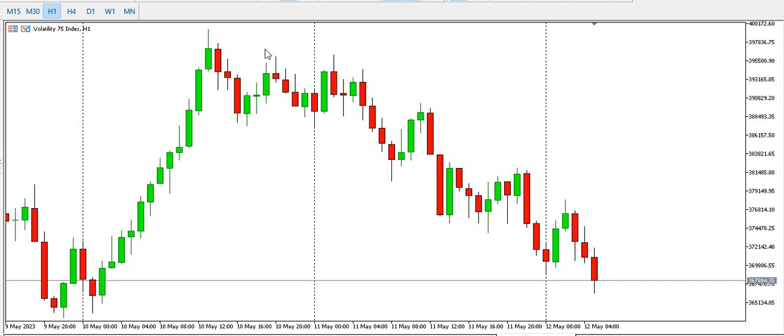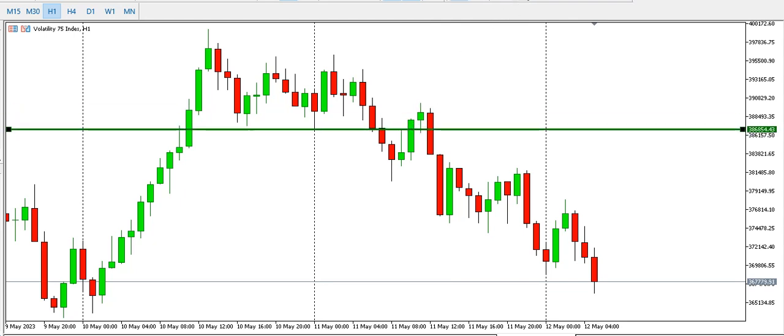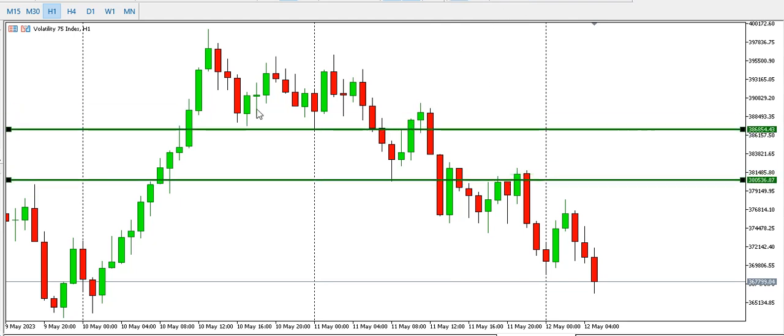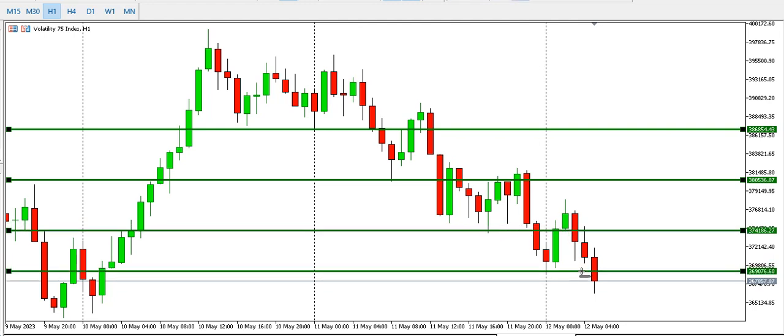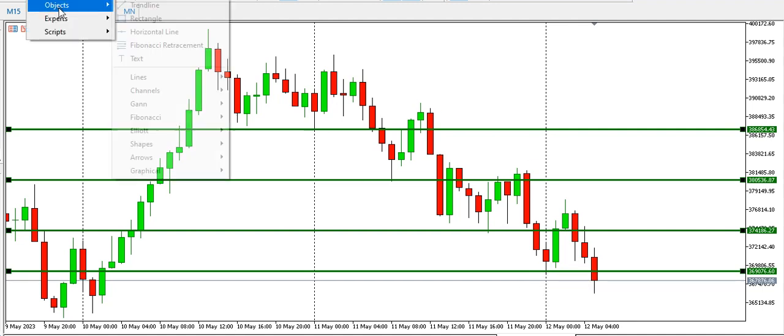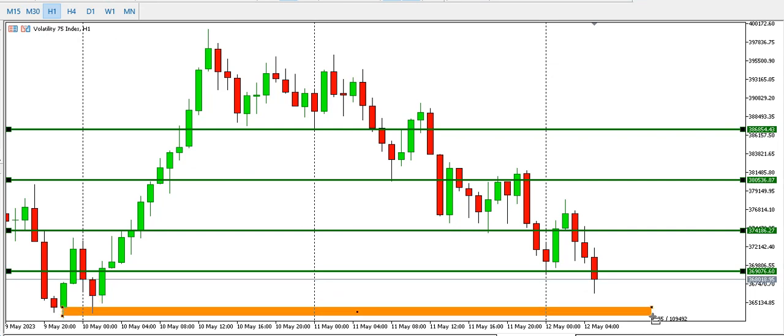On the 1-hour time frame, we can see a high, a low, then repeated lower highs and lower lows. So price kept on breaking structures, broke structure around here, here, and here. This structure has just been broken. So price is still going for the bottom of the chart. This is the bottom of the chart. Price is heading towards the